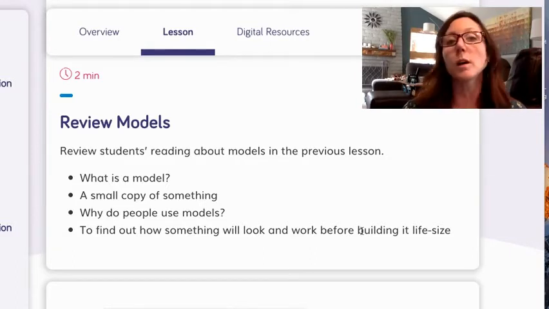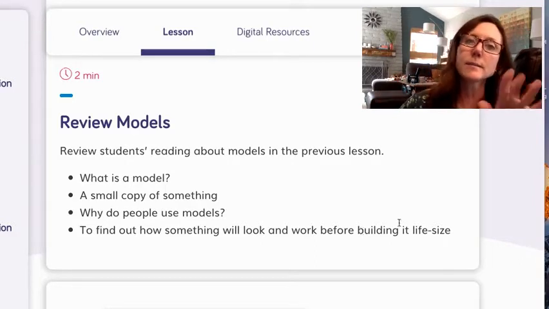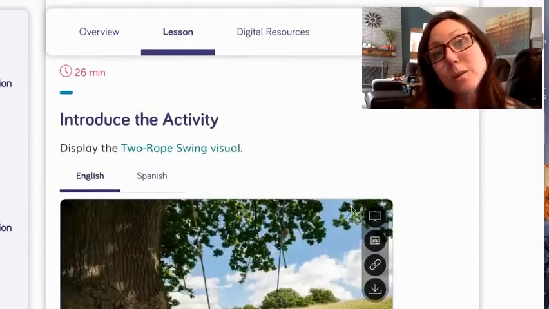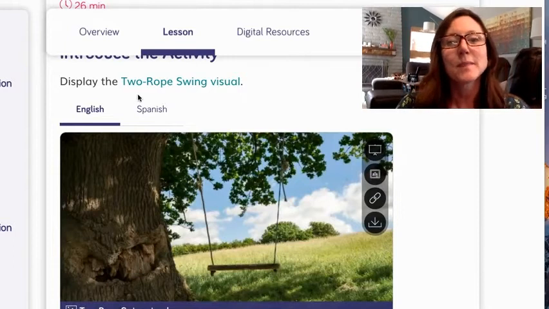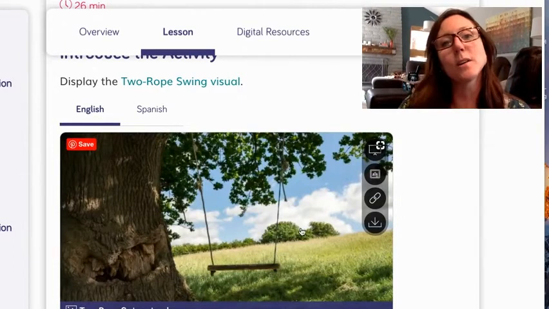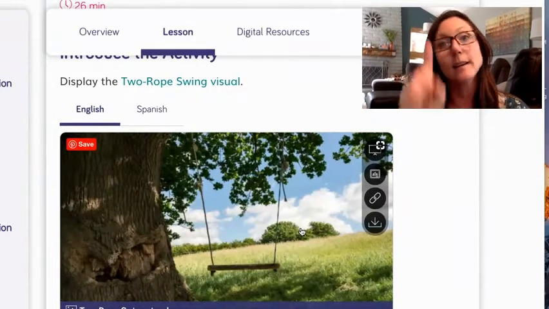So remember, you are supposedly planning your ultimate playground, right? So the idea is that you probably want to have a swing in it. So let's play around with swings a little bit to make sure that we know whatever there is to find out about swings. In this activity, you are going to be making a 2-rope swing like you see here,